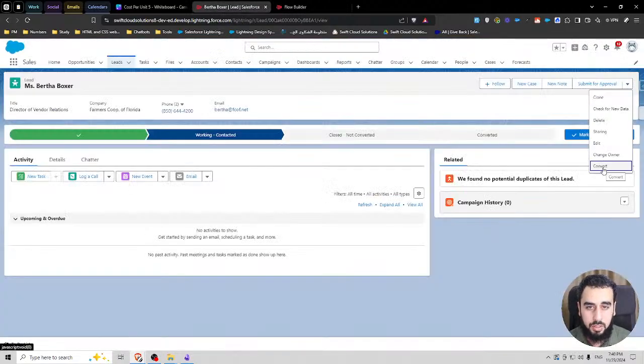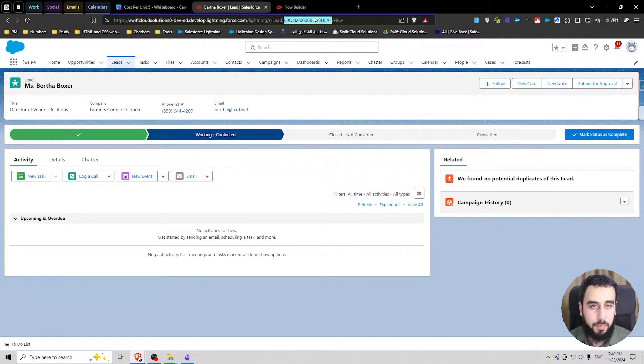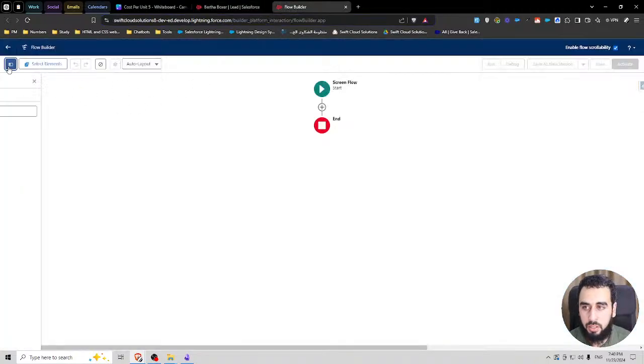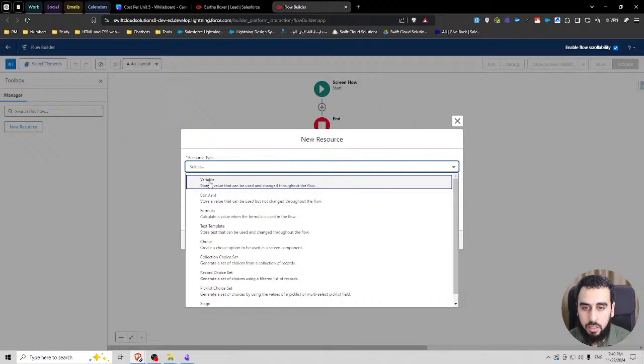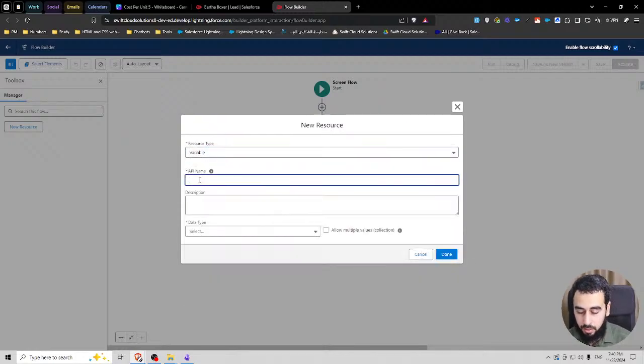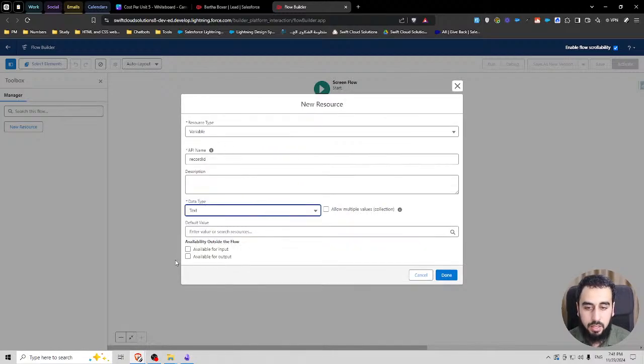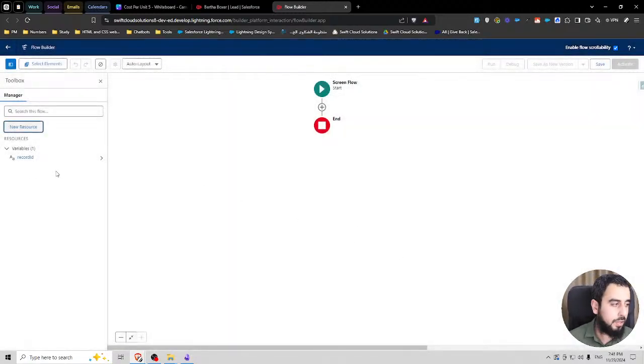Okay. Because it's running on a record detail, the person is going to click the convert button on a record detail, so we can pick up the record ID. To do that, you can create a new resource. You can create a text variable and you name it recordId. It has to be named exactly like this: record ID, I is capital, everything else is small. This is the text, and then it needs to be available for input. Just by doing this, after we add the button and someone clicks on that button, the flow automatically receives the record ID into that variable.